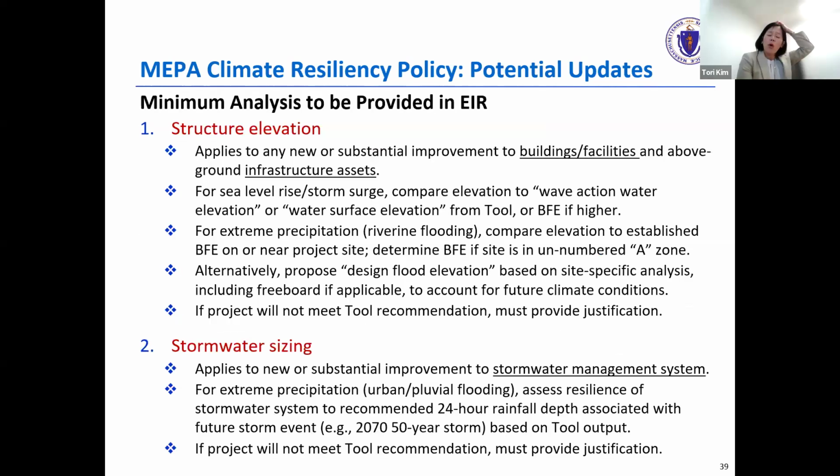So moving on to what exactly would be required by way of analysis, I think that the concept here is that we would put out in the policy some minimum requirements for analysis. I think assessing the climate risk of a project sometimes can be fairly general, and we are getting non-quantitative sort of narrative descriptions.